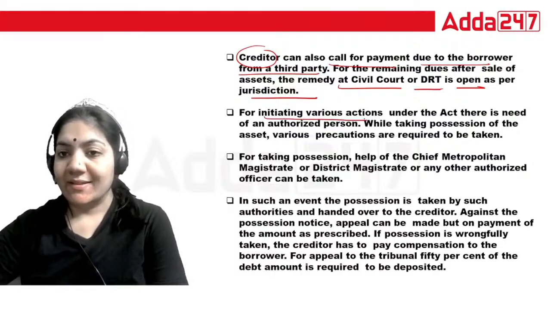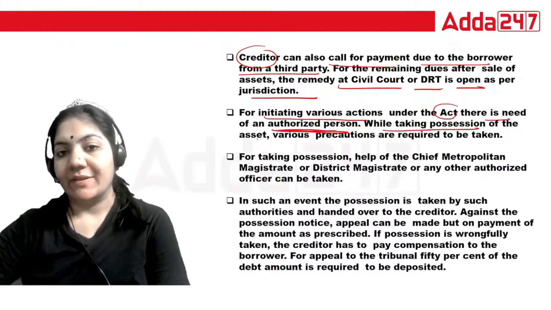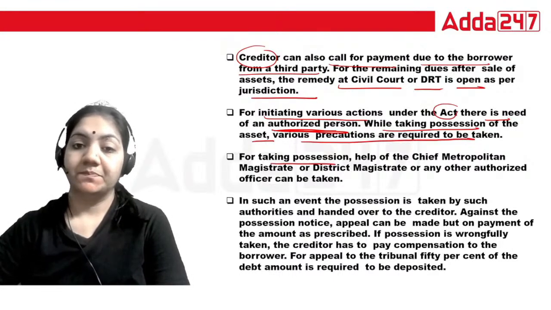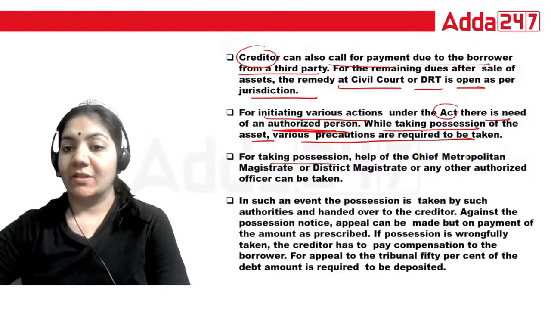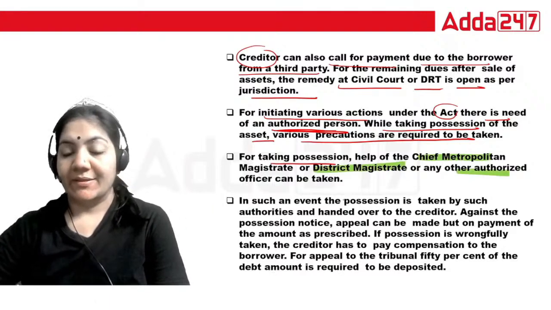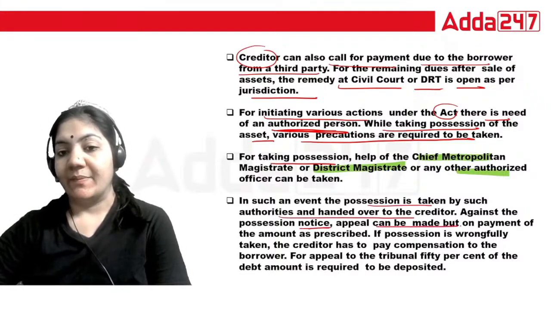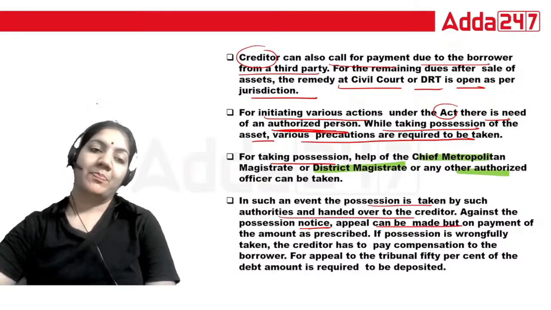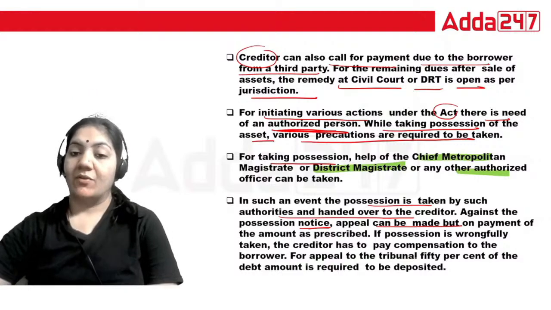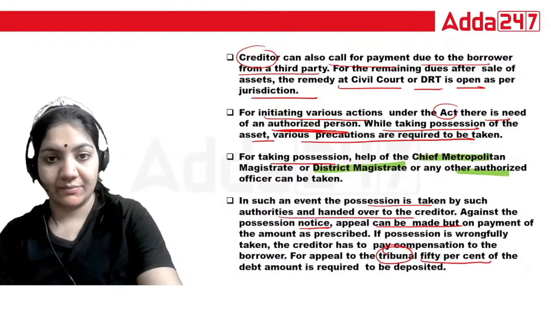For initiating various actions under the Act, there is a need for an authorized person. While taking possession of assets, various precautions are required. For taking possession, the help of the Chief Metropolitan Magistrate, District Magistrate or any authorized person is required. In such an event, the possession is taken by such authority and handed over to the creditor. Against the possession notice, an appeal can be made. For the appeal, if you want to file the case with the DRT, you have to pay 50%. Right? Now,